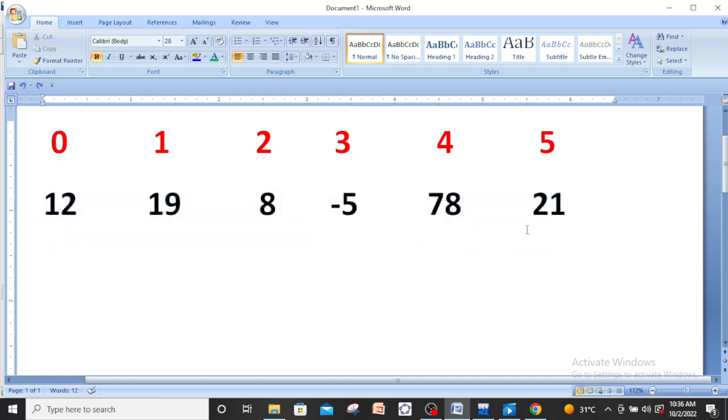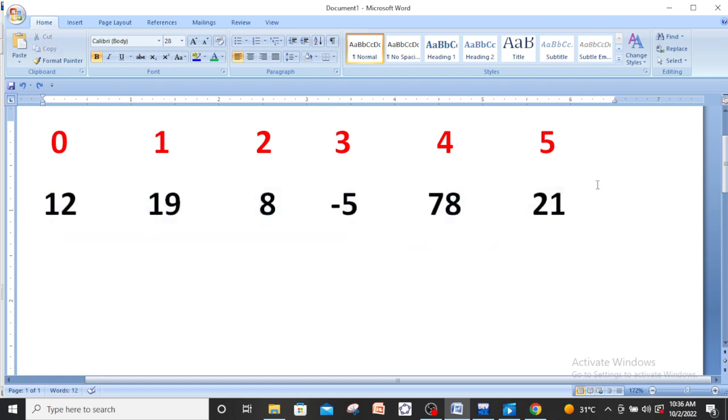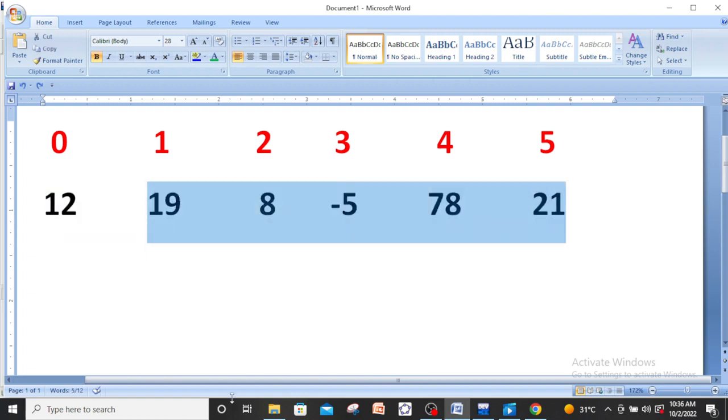So here we will work for the entire array, and in the next step we will work for this array. You see, this array is smaller than the previous, and after that we will do the work for this array. You see, this is even smaller than the previous one, and after that we do the same work for this array,